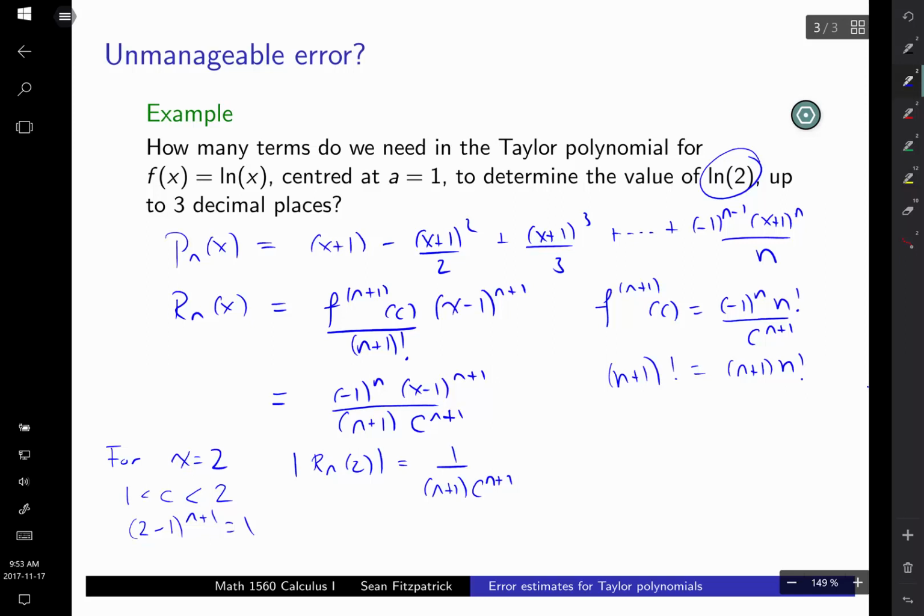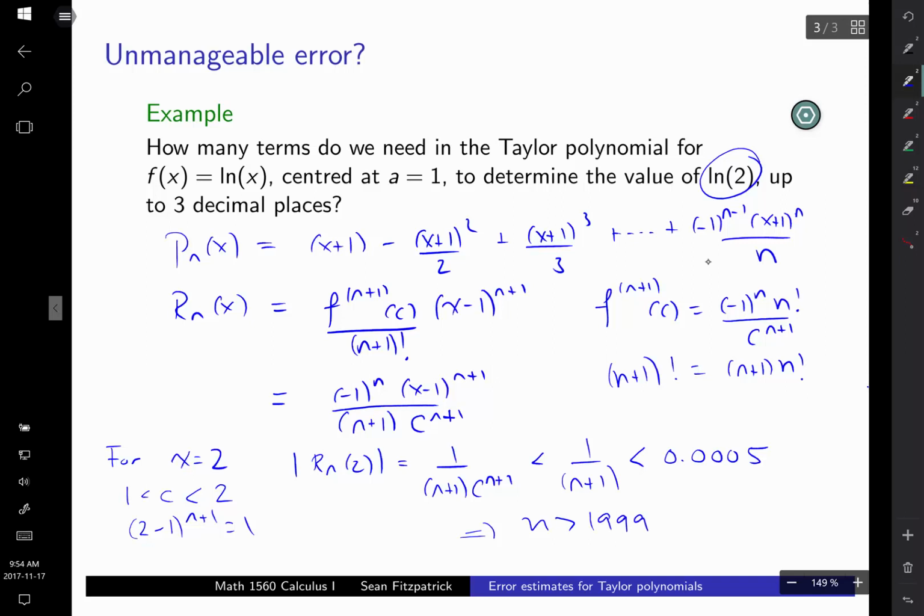And again, we're worried about the worst case scenario here. What's the biggest the remainder can be? Well, we get the biggest possible value out of that remainder if c is as small as possible. So if c is 1, we're there, right? We don't want to assume that c is close to 2 and discover that we underestimated our error. And we want accuracy up to 3 decimal places. So we want this to be less than 0.0005. And if you work this out, put it in a calculator, you'll find that this means we need n to be bigger than